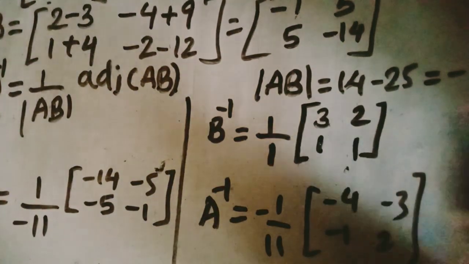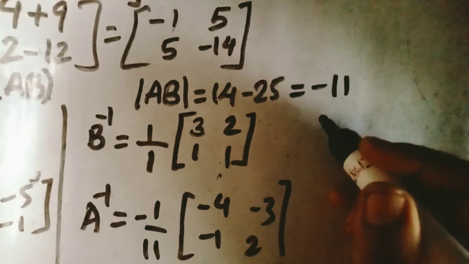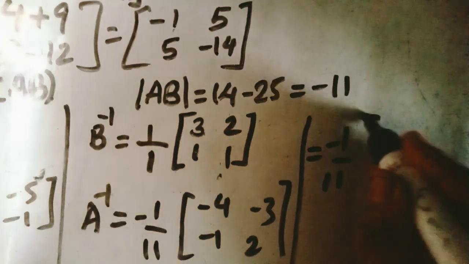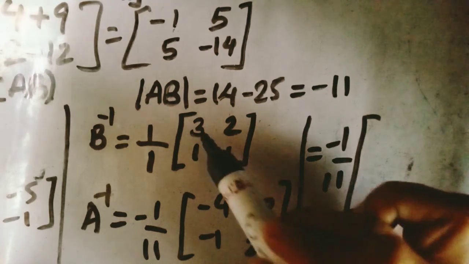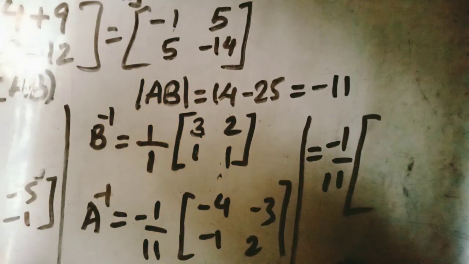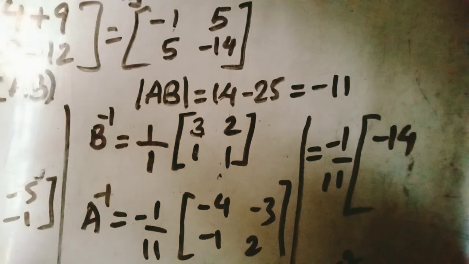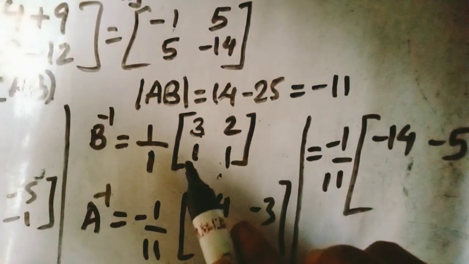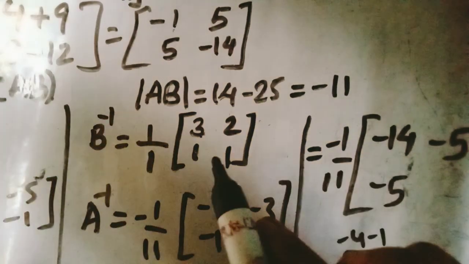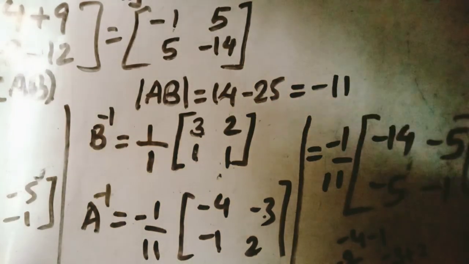So this will be B inverse A inverse, so it's minus 1 upon 11, minus 12, minus 2, minus 14, then minus 9, 4, so minus 5, then minus 4, minus 1, minus 5, minus 3 plus 2, minus 1. So we are getting